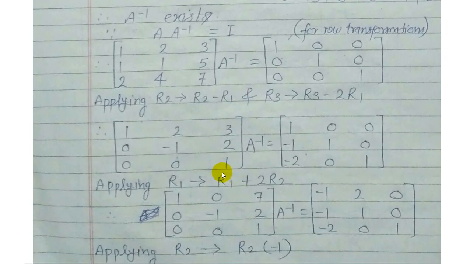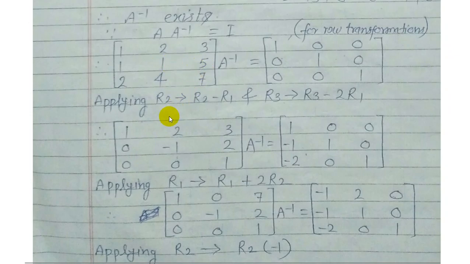Now what should we do? Substituting the value of matrix A here into A inverse equal to identity matrix, right? Now using row transformation, so for row transformation we should convert column wise 1 0 0, 0 1 0, 0 0 1. So applying R2 changes R2 minus R1 and R3 changes R3 minus 2 R1. Therefore this should be 2 minus 2 here. First 1 minus 1 becomes 0 and here 2 minus 2 becomes 0.